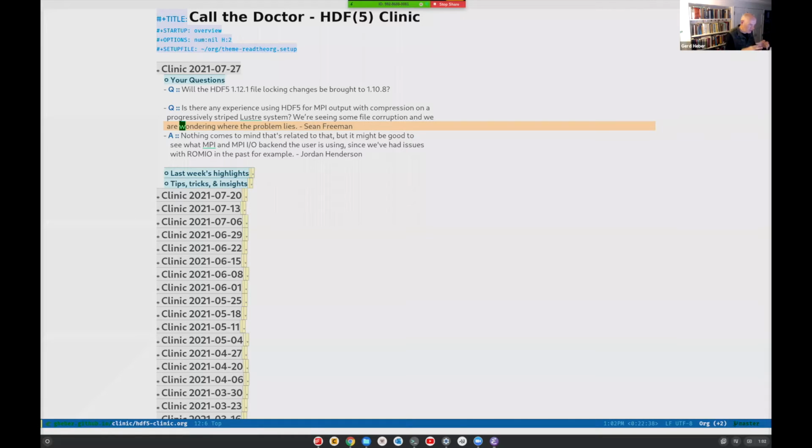That implementation is the same whether you use GPFS or OrangeFS or Lustre. But I checked with my colleague Jordan Henderson, who is the main guy behind the parallel chunking with compression implementation. And his response, which I have repeated here, was that really nothing comes to his mind,